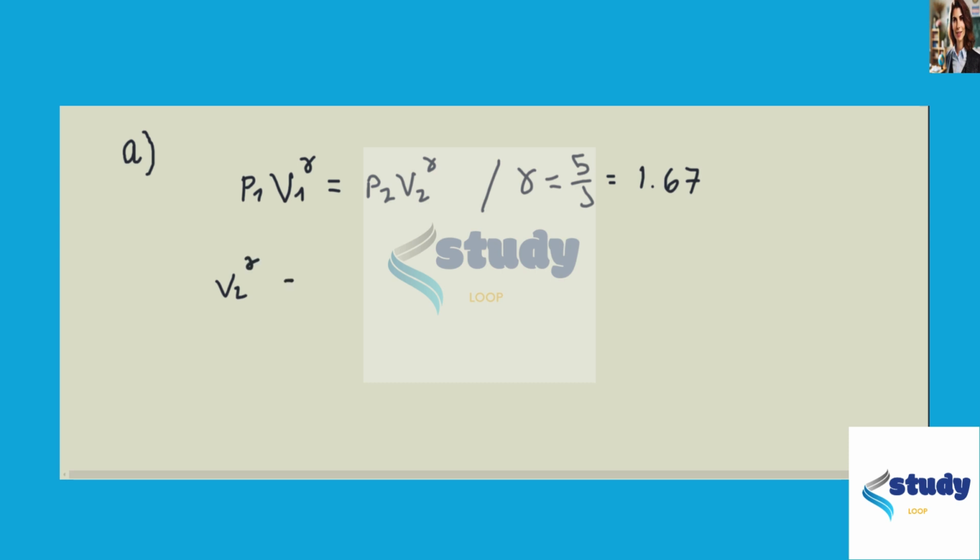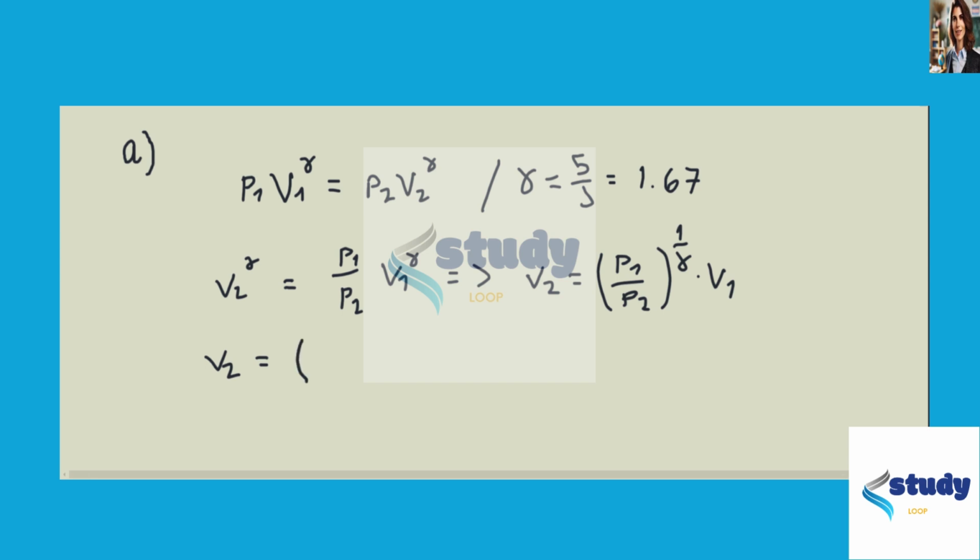So we can say that V2^gamma is P1 over P2 times V1^gamma, and then we need to raise both sides to the power of 1 over gamma and obtain V2 equals (P1 over P2)^(1/gamma) times V1, and then substitute in all values. So this will be equal to 1 over